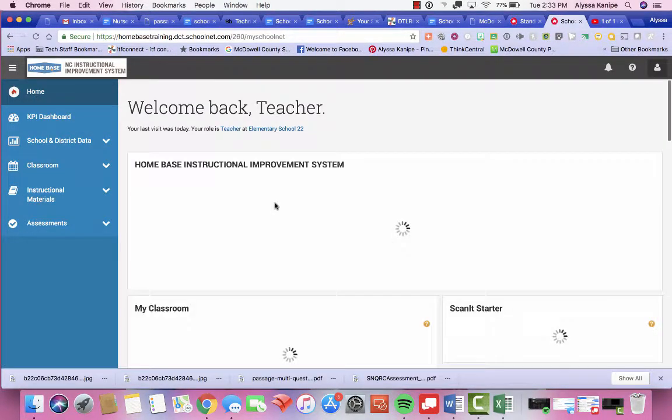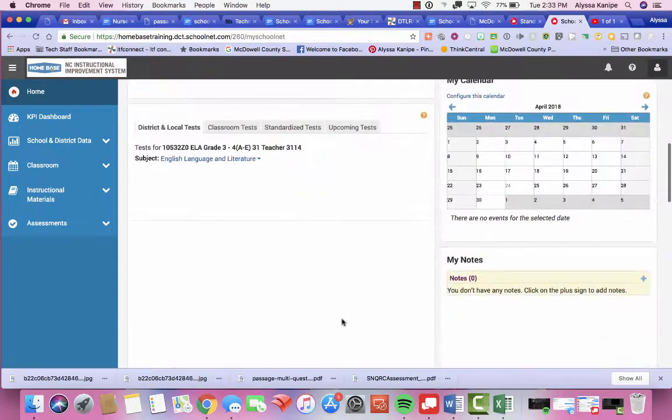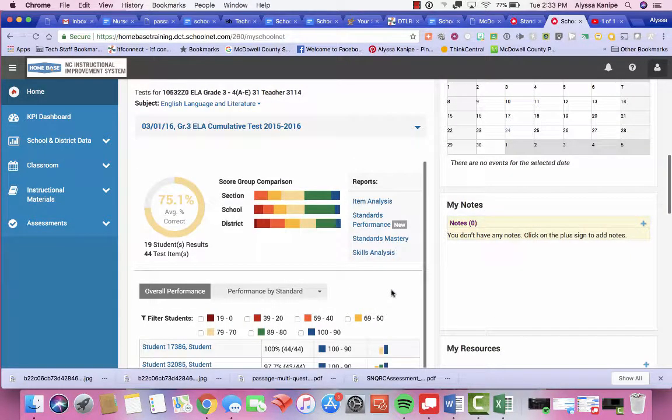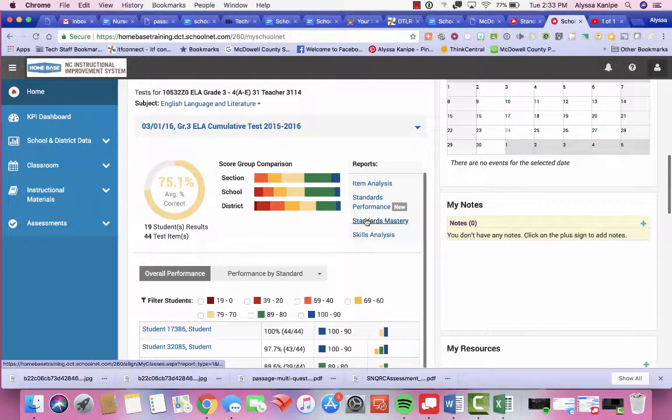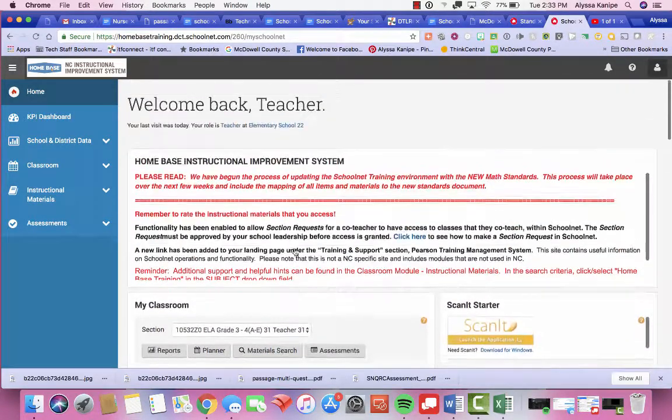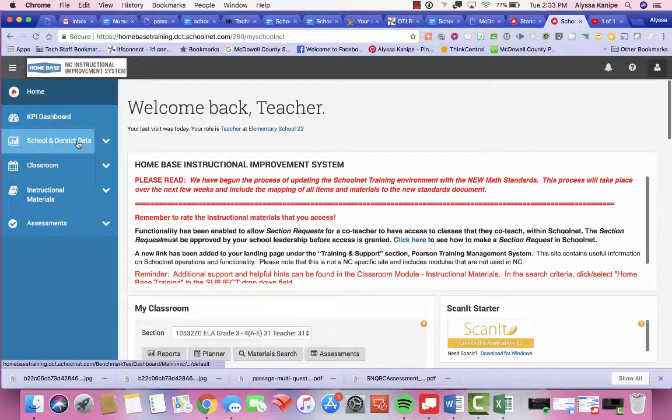So that's with the standard mastery part. So with the data, the best thing you can do is to go in there and play around and be able to look at the different things. This will tell you as far as the section, the school, the district, that kind of thing. If you're up here at the top again and you look at your dashboard,